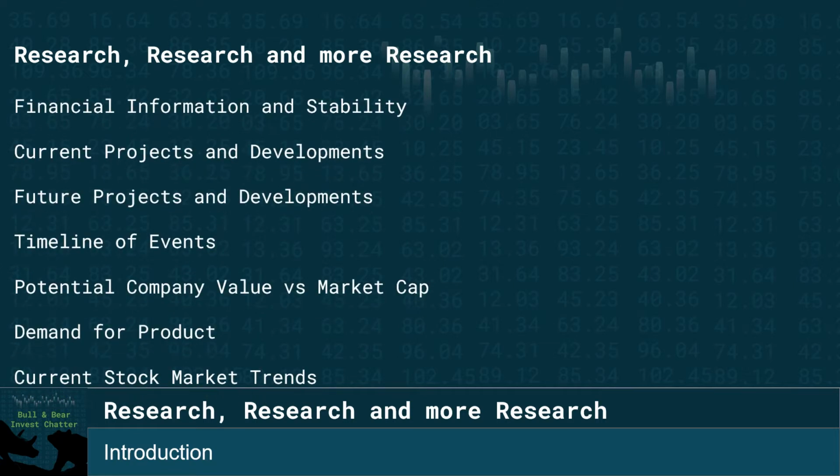There's an endless number of categories to be researching when investing into a new company. We're detailing a few of the larger areas that need research, such as the financial information and stability of the company that you're looking to invest in. Are they financially stable? Are they bringing in enough profit to keep themselves sustained? Are they borrowing money? Are they in debt? Do they have outstanding loans? Are they continuously borrowing loans? These are the areas that we need to look into. If they're struggling for money, the chances are your money isn't going to last very long.